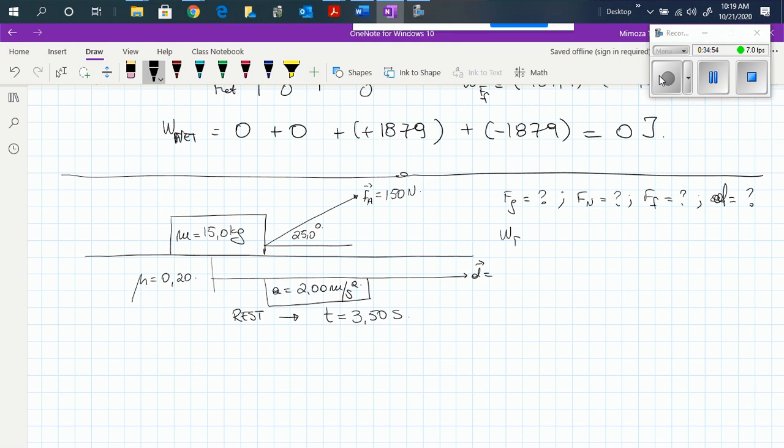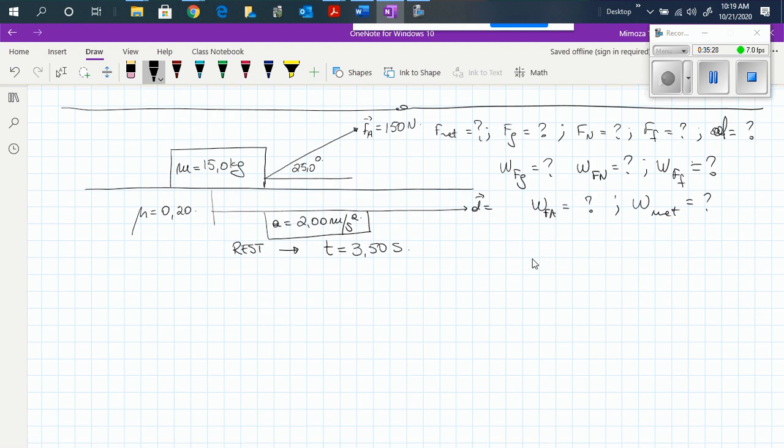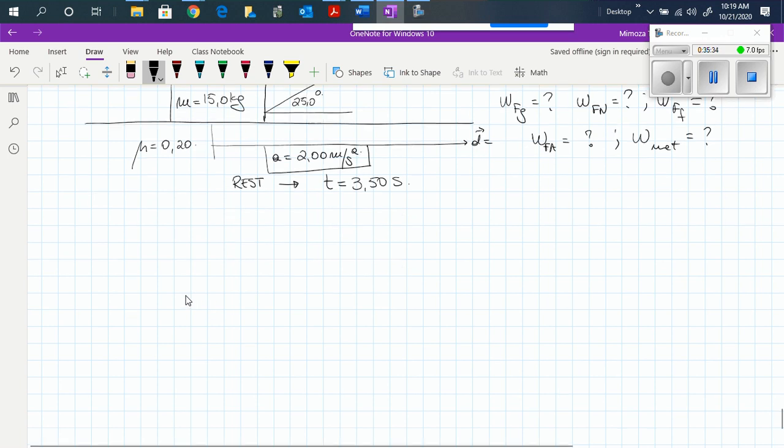Okay, so we are looking for force of gravity, force normal, force of friction, displacement. And then work done by force of gravity, work done by force normal, work done by force of friction, work done by force applied, work net. Let's add here force net as well. Okay, so this is kinematics and dynamics and work and energy. And when I said yesterday that you can actually solve any problem using work and energy principle and work concept,